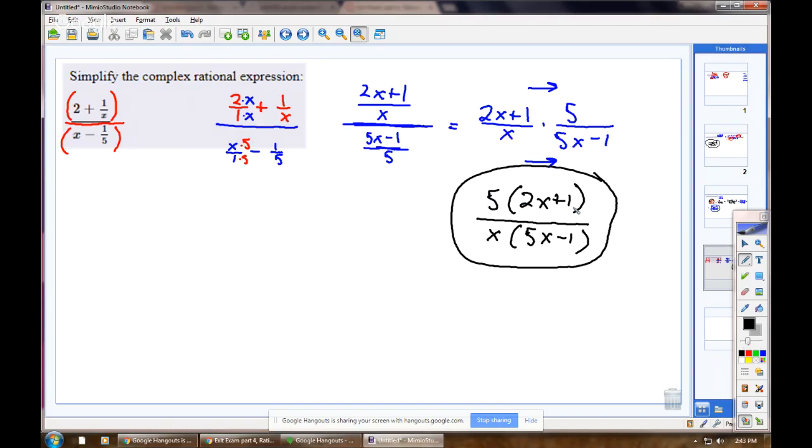The reason I leave it undistributed is I can see that there's no common factor of 5 on the bottom. There's no common factor of x on the top. 2x plus 1 is very different from 5x minus 1, so nothing cancels. That's my answer. Alternative way to attack this